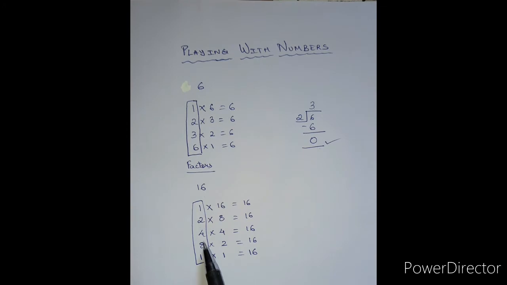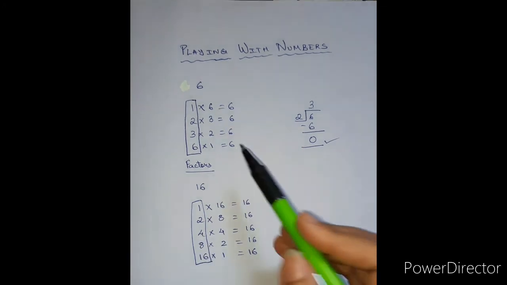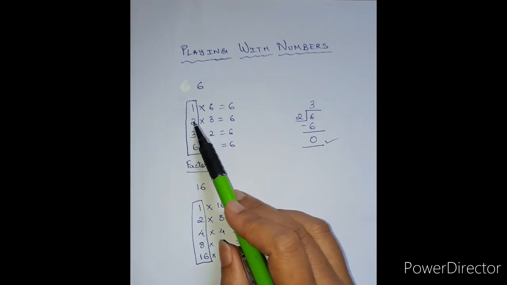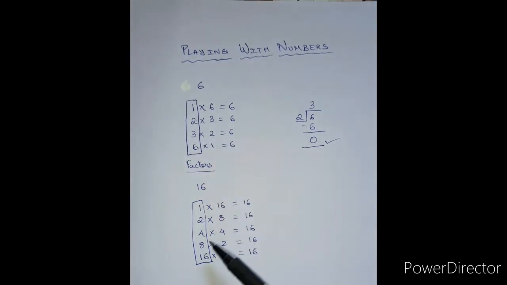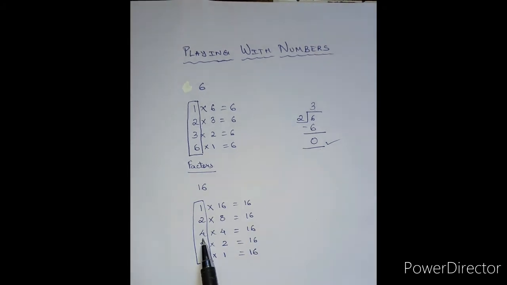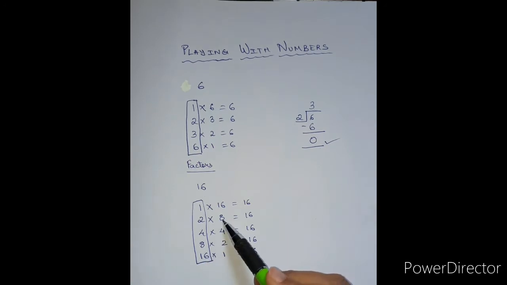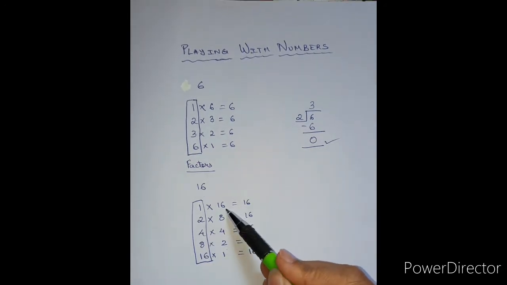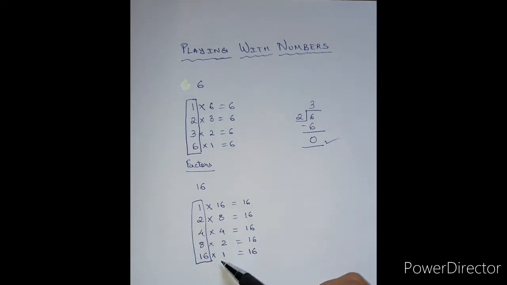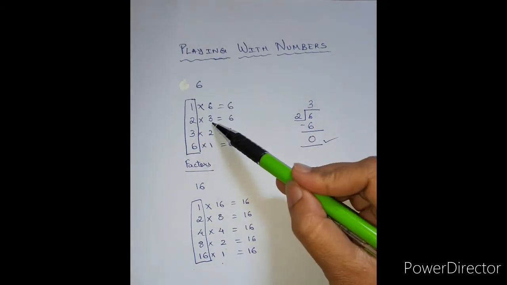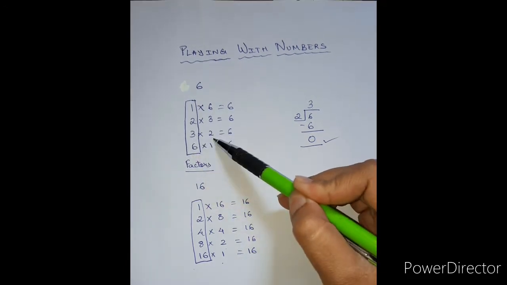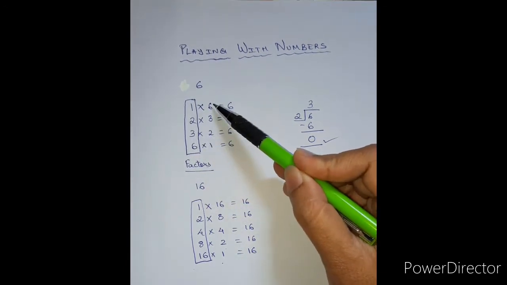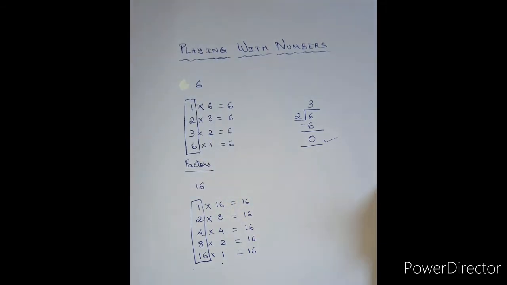Now how do I know where to stop? Once you get the same number or you get the opposites of the number, like 2 3s are and 3 2s are, just stop multiplying further, and just take the opposite of the previous steps. If I got 4 4s are, I know this is the middle step. Then the next number will be 8 2s are, correct? Then 16 1s are. They will come as the opposites of each other. Here, if I get an opposite, 2 3s are and 3 2s are, then stop counting further. Take the previous step, 6 1s are 6.